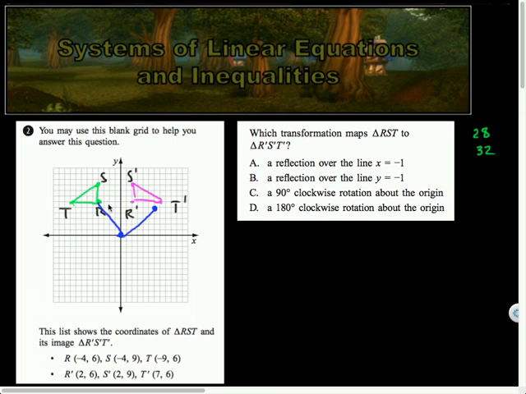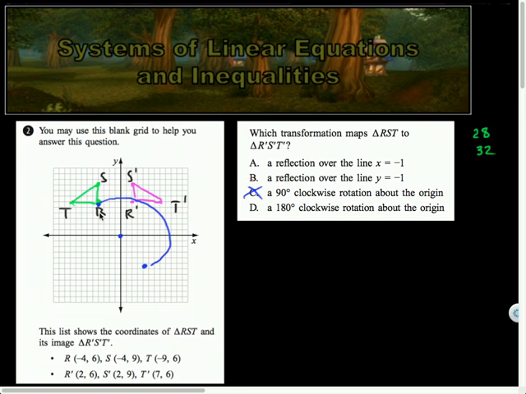In that case, R was -4 up 6. I think this would be over 6 up 4 in order to land it in the right spot. So that doesn't appear to work. I think you agree, right? D, a rotation 180 degrees clockwise about the origin. Technically, counter or clockwise wouldn't matter, but that would be like,